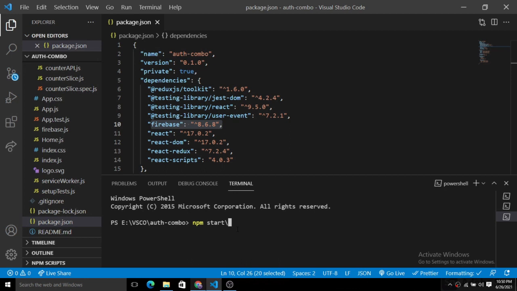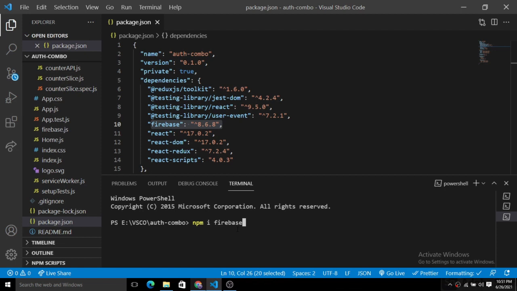So to install that, you pass the command npm install firebase, and the Firebase dependency will be added to your project. After that you can easily go and do the authentication stuff. So this is the whole project setup that we have concluded here.